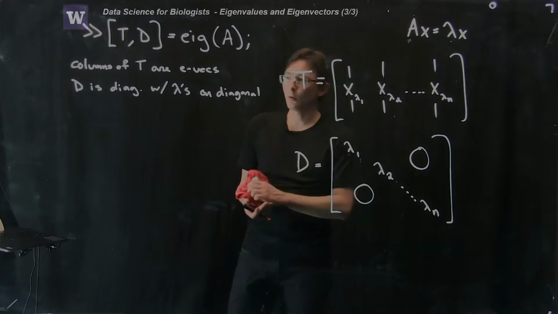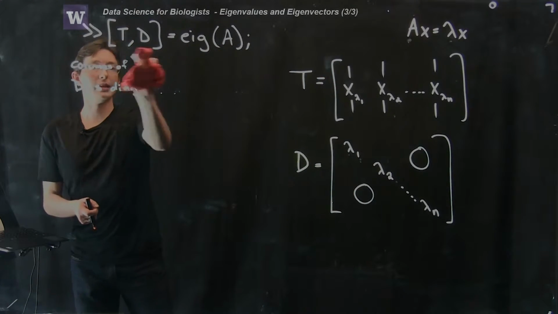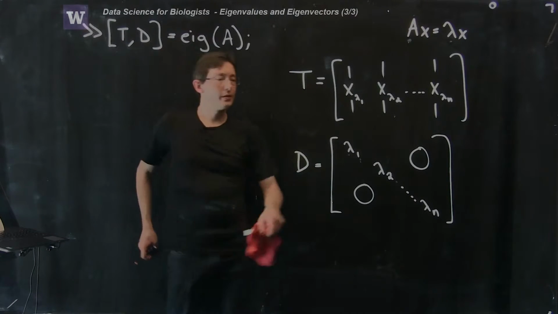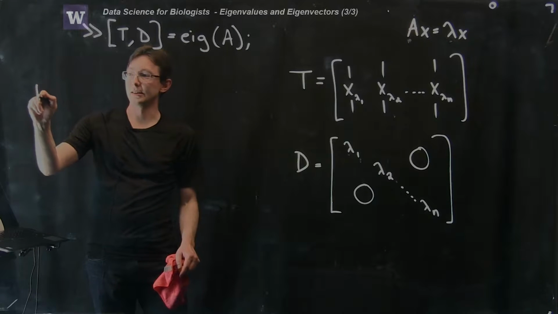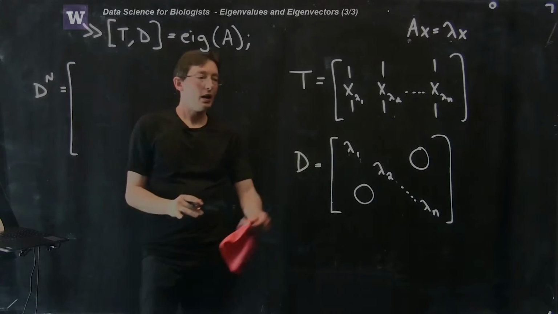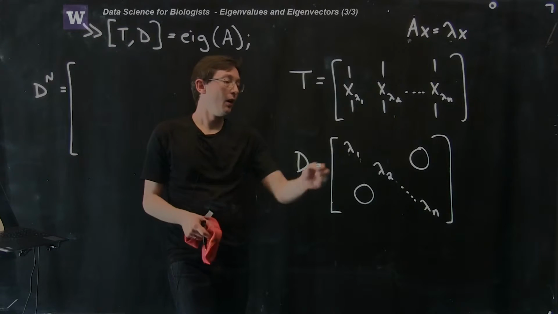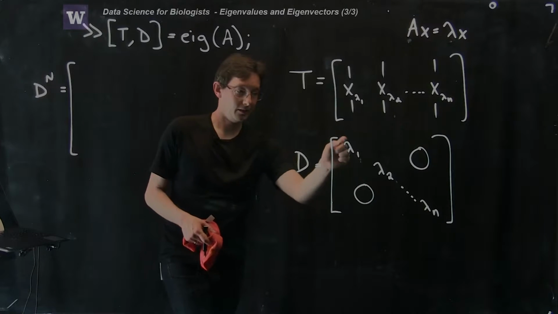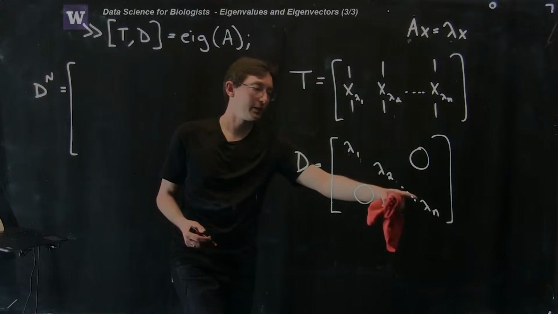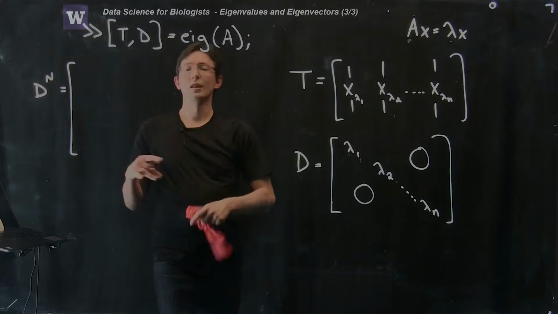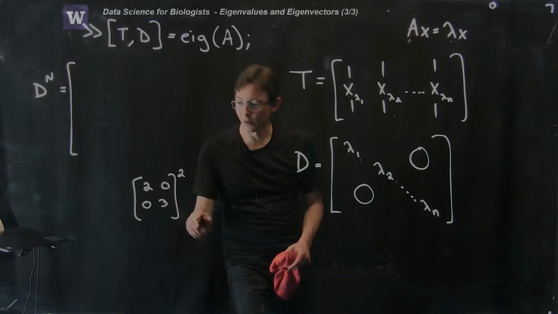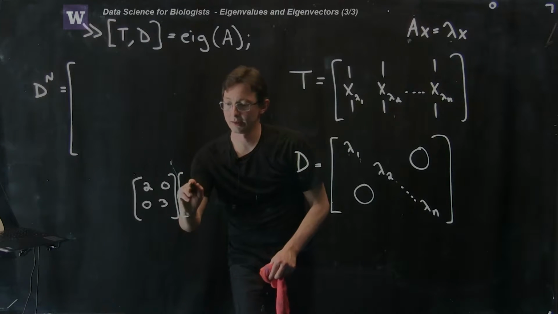Now, what's interesting is that once you have these eigenvector and eigenvalue matrices from Matlab, or you could do this by hand if you want to, we also have this interesting property that if I take D, this diagonal matrix, to the power N, let's say capital N, if I take any diagonal matrix and I multiply it by itself, all that happens is that the diagonal elements get multiplied by themselves. So if I take this matrix times itself, I get lambda 1 squared, lambda 2 squared, all the way to lambda n squared, and zeros everywhere else. Try this out for a simple system like 2, 0, 0, 3. And if I square it, then you get